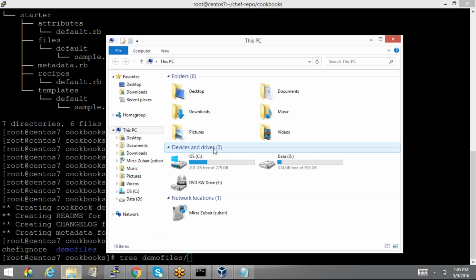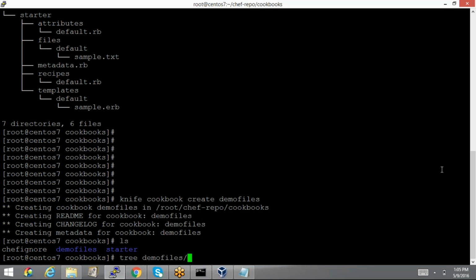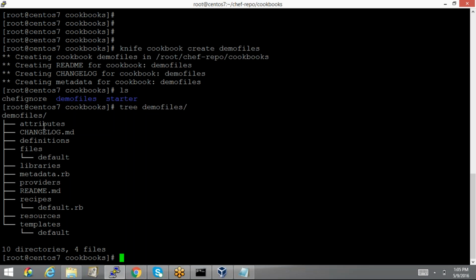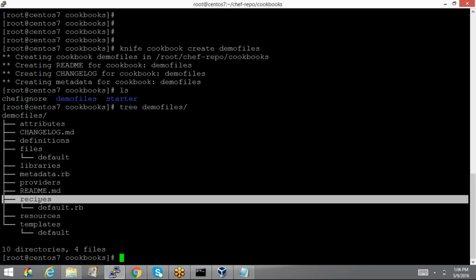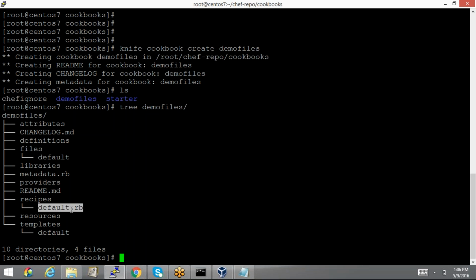Generally what tree is like, in Windows, this is the tree view, right? Yeah. So that's what tree is over here. You do a tree over there. You can see these are the files that are automatically generated. And the main area of code, if you remember, I spoke about recipes, right? Under recipe, there is a file called default.rb. Just like Vagrant looks for a Vagrantfile, Docker looks for a Dockerfile,